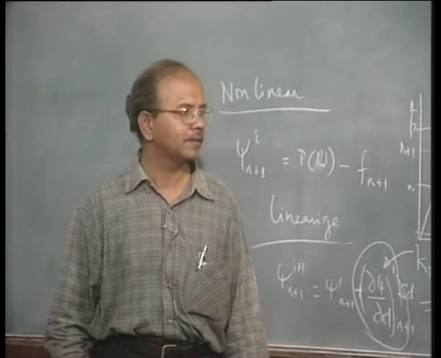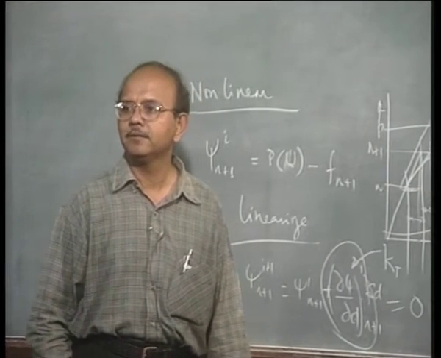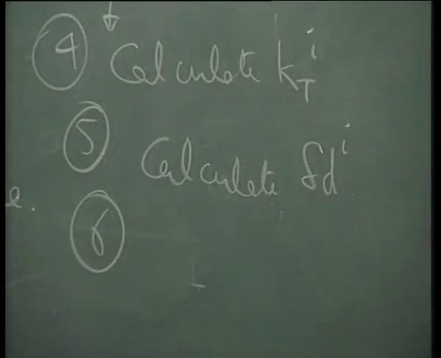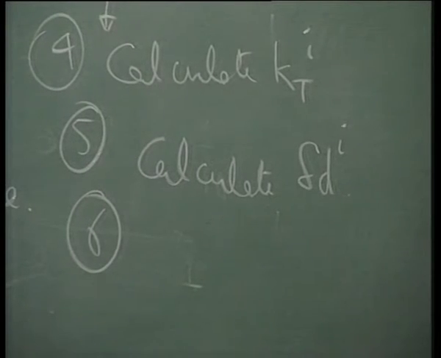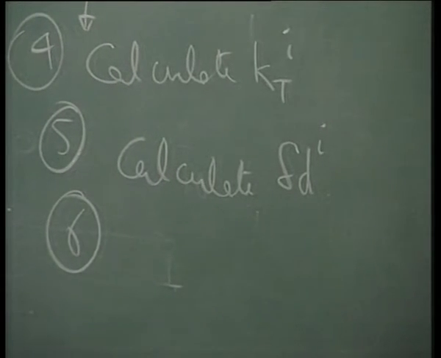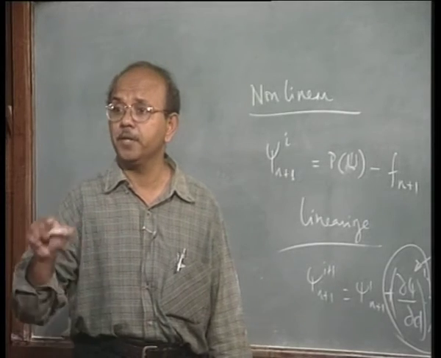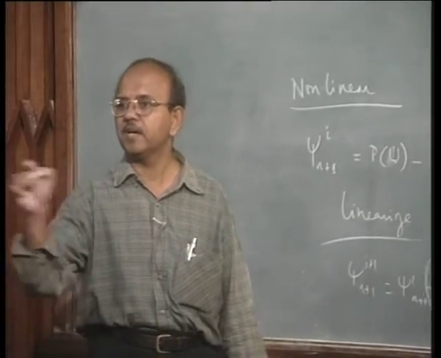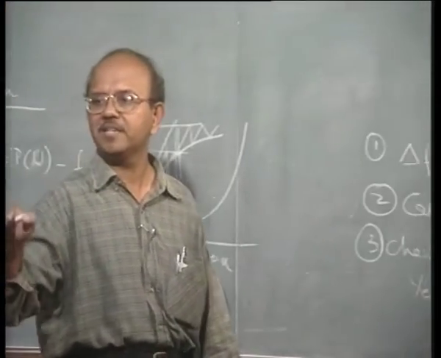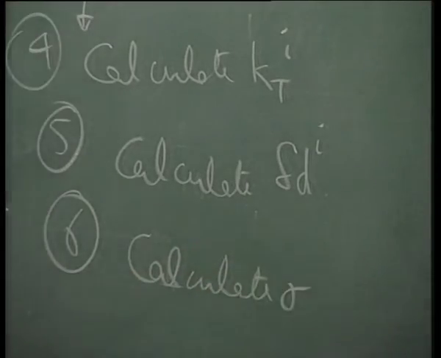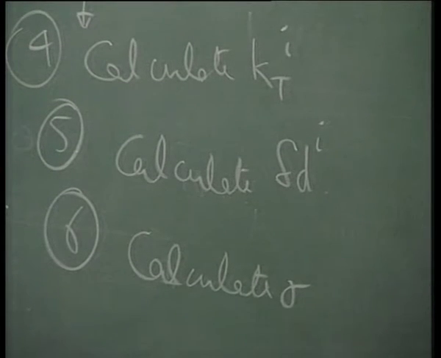Then what do I do? What is the next step? 6. No, I have to calculate strain and stress and so on, because B transpose sigma is there, that is P. Okay, P minus F, B transpose sigma dV minus F. So, calculate sigma. Okay. Then go to step 2.